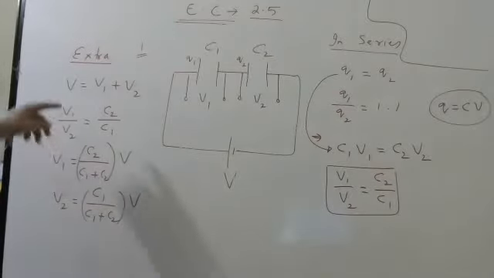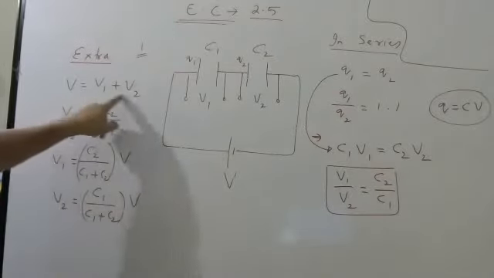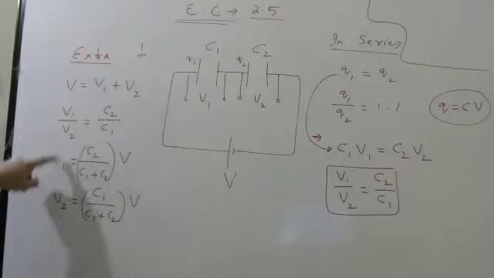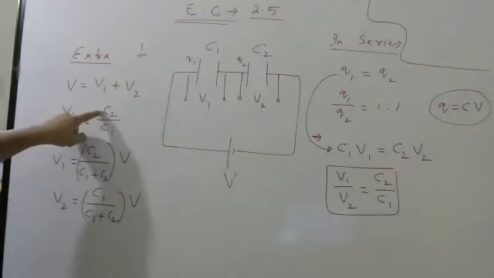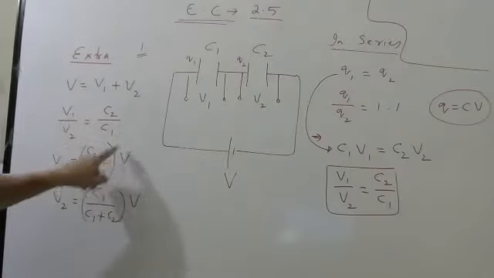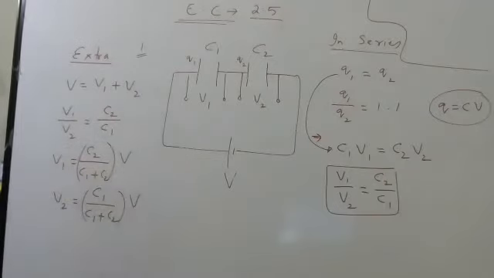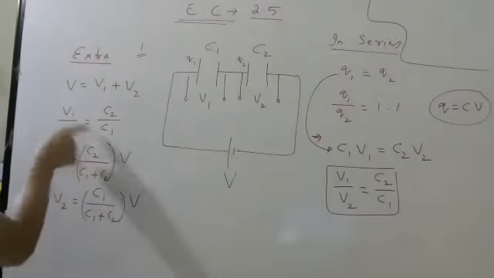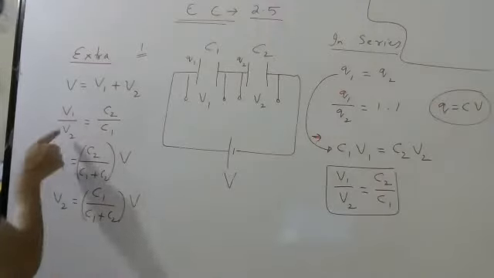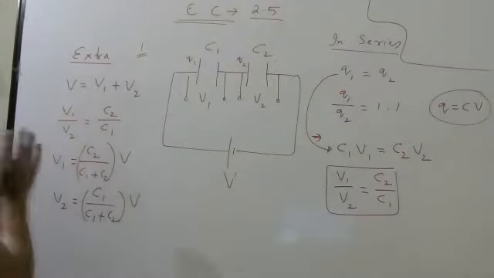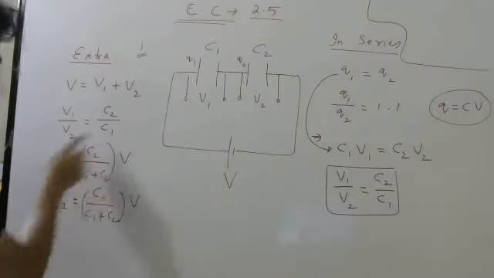Okay. So whenever you know the ratio and you know the sum, you can find V1, V2 by dividing with the sum of these two into the total voltage. So try to remember this. If you are confused with this formula, cross multiply, substitute here, solve, and you will get these two answers.